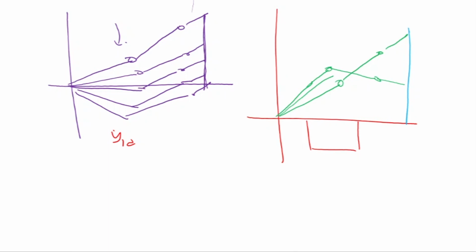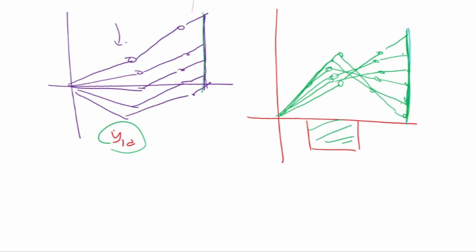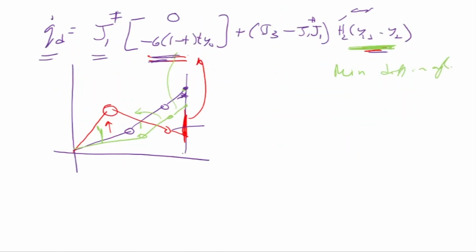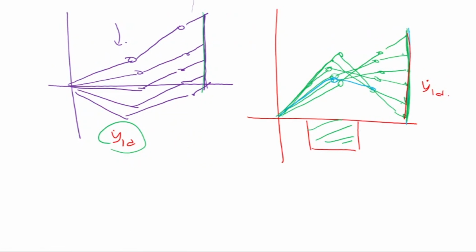So it is doing this one now. What it has done is it has changed its configuration, and then it is coming down now. So in this case, there was only one trajectory that I'm following. Now in this second case, I am following this trajectory, but I'm also keeping away from this obstacle. And how am I doing that? I'm doing that by saying that my first task is to follow this trajectory, which is my y1d. The second task is that I have to keep near to the constraint. This was the constraint, so it has to keep near to that.